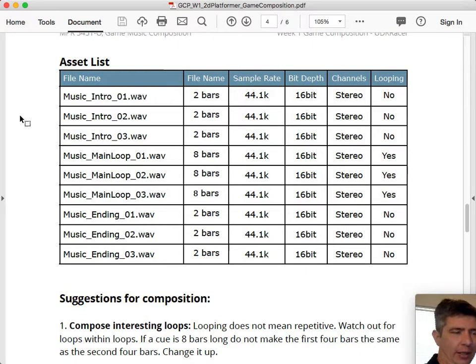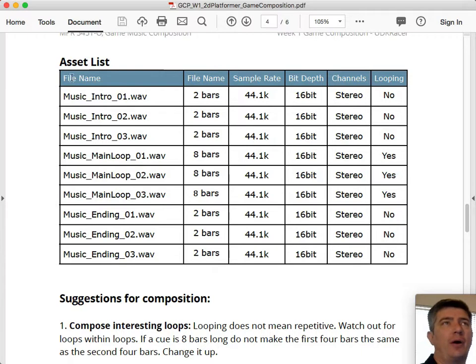There is a loop that can be just a couple of bars, or it can be a couple of minutes long, and then there's an ending. Often there's a win end, like a winning and a losing ending piece of music. In our case, there's no winning. The game never really ends. The only way that you can reach an ending is that you lose all of your health and you die, you lose a life, and you respawn and come back and try again.